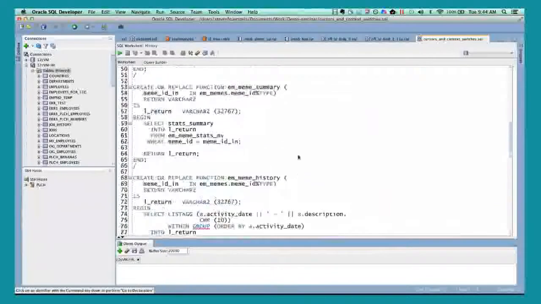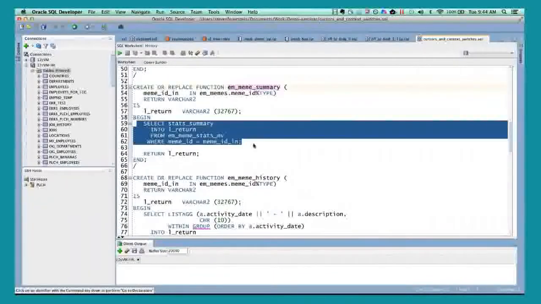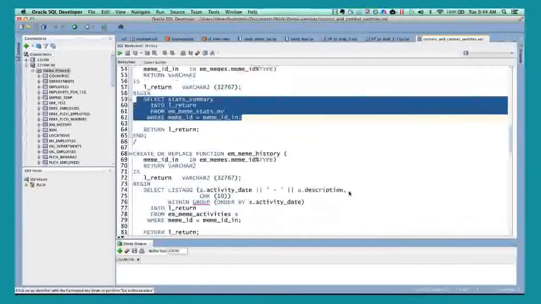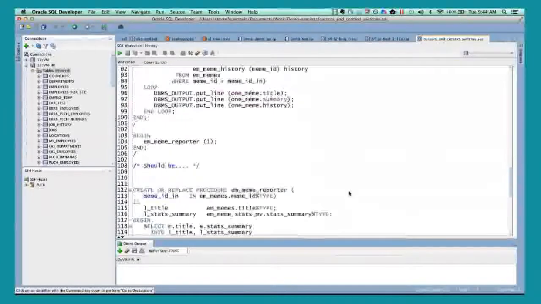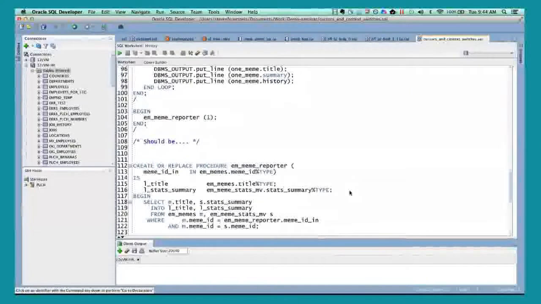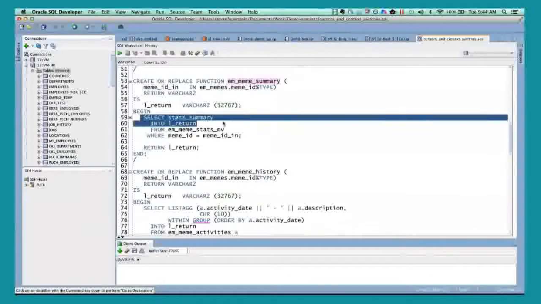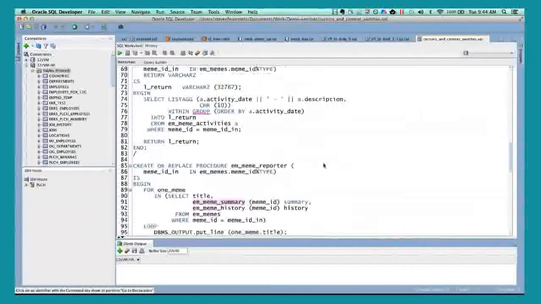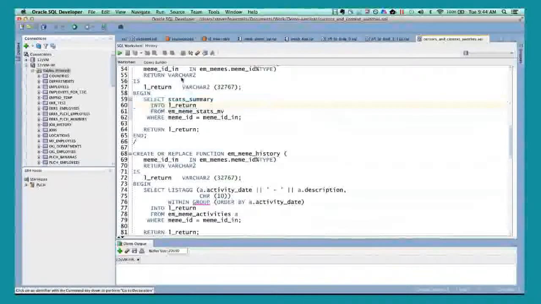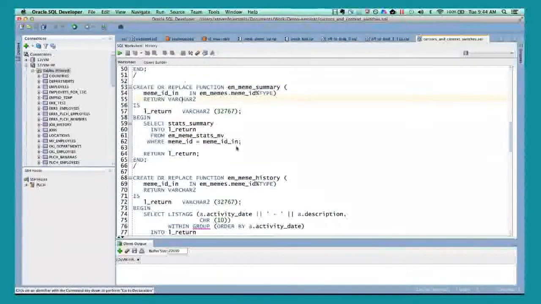If I have a function, let's say my employee summary, and I select data from it, one of the nice things about functions in PL/SQL is that you can call them in SQL. So here we go. Here's a select statement inside a procedure, and it calls a function. And that function in return calls a select statement. And I'm going to show you that you can result cache. I can put RESULT_CACHE on this function. So that's how it applies to the section.